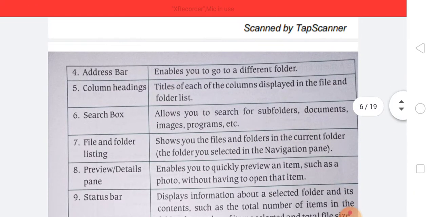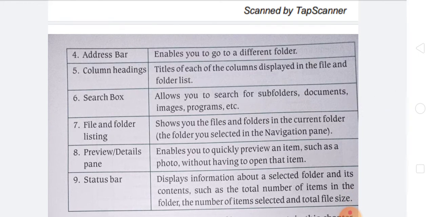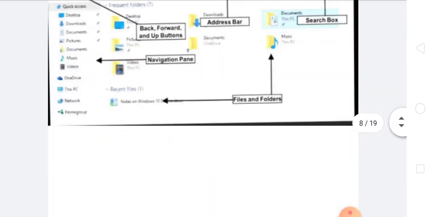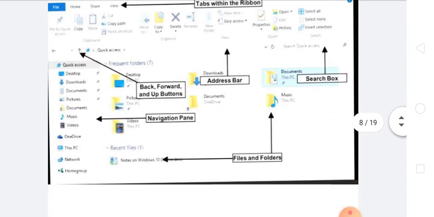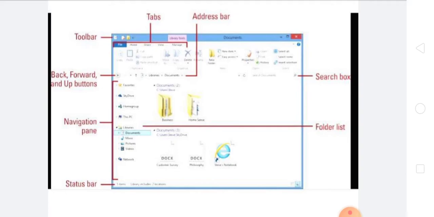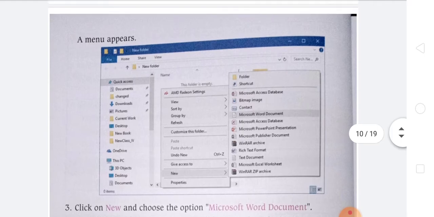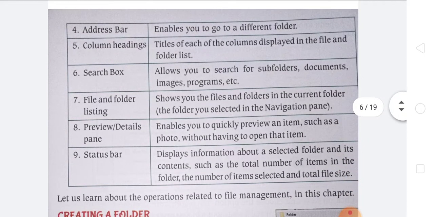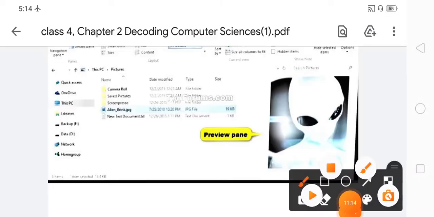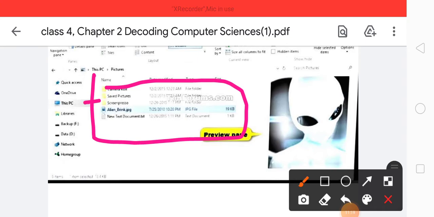Okay, then after that, the column headings, the titles of each of the columns displayed in the files and folder list. So if we talk about column headings, here you can see, so this one is the file and folder list.